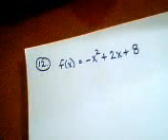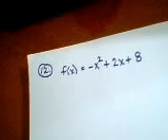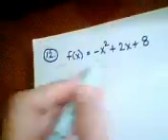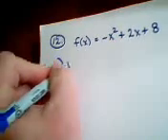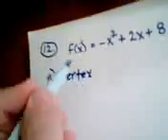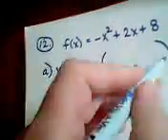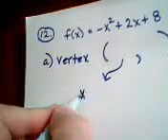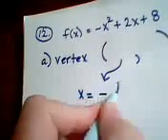Now, probably the most important point on a parabola is the vertex. That's the turning point where the graph turns. Okay, that is part A. We are asked to find the vertex of this parabola. Now, the first thing I want you to remember is the vertex has two coordinates, the x and the y. One fact that you need to remember: the x coordinate of the vertex is equal to the opposite of b